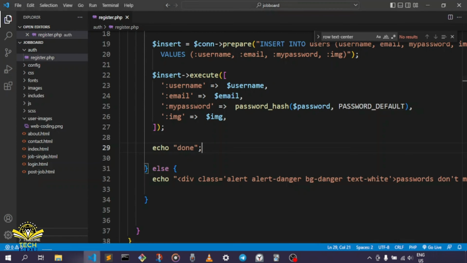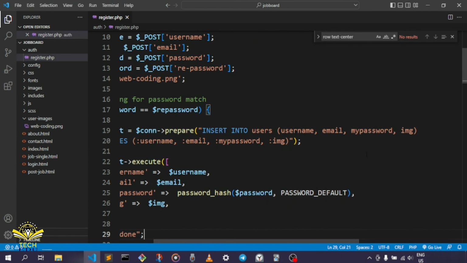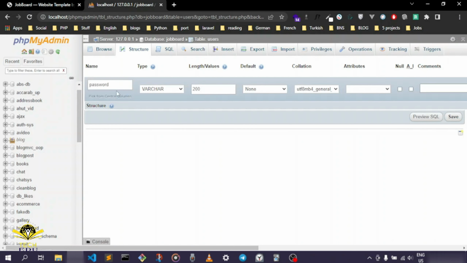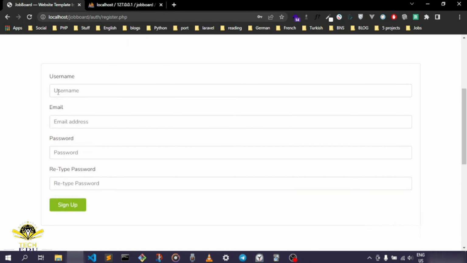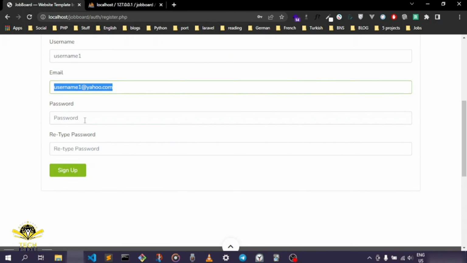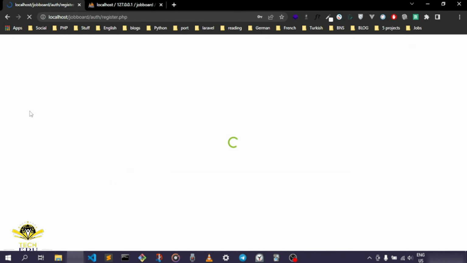And maybe I am not the one who did everything perfectly, because this right over here is my password. It's not just password, right? So let's go refresh. Let's see what we get. If we write this user name 1, and the email, it's going to be username at yahoo.com. Who uses Yahoo right now, right? We set the password right over here, it is the same. So if we sign in,